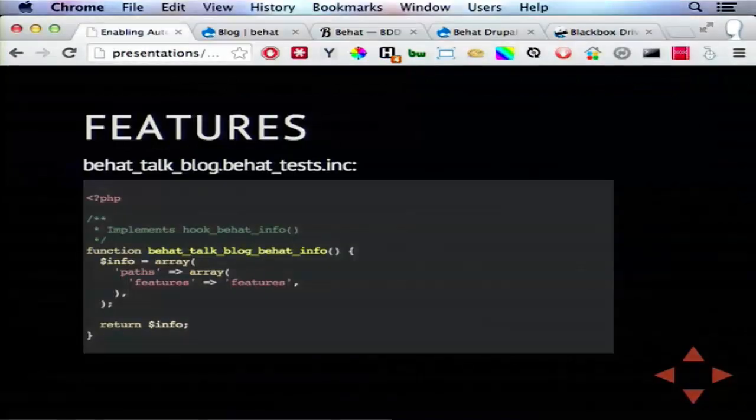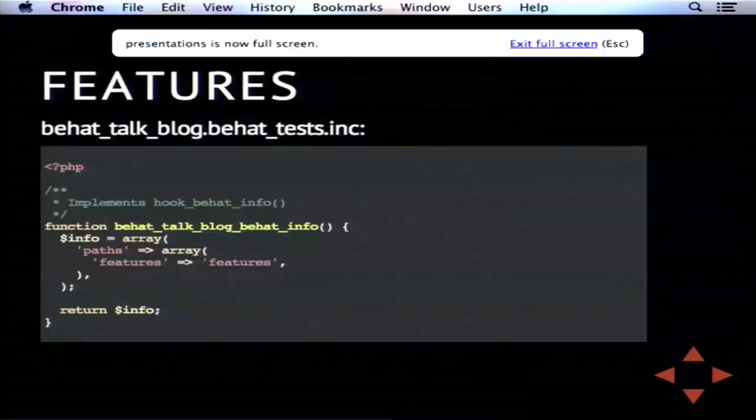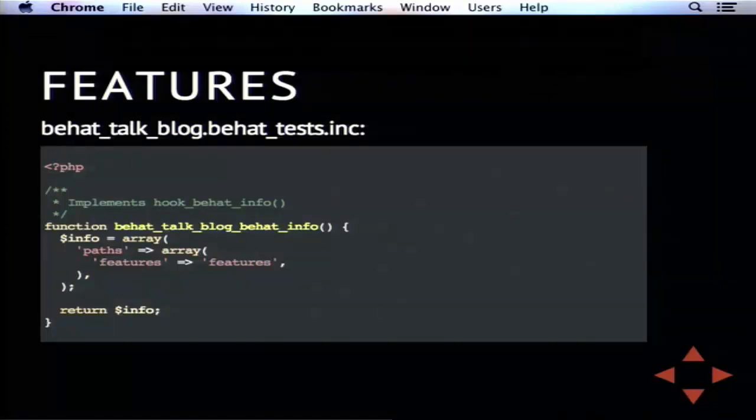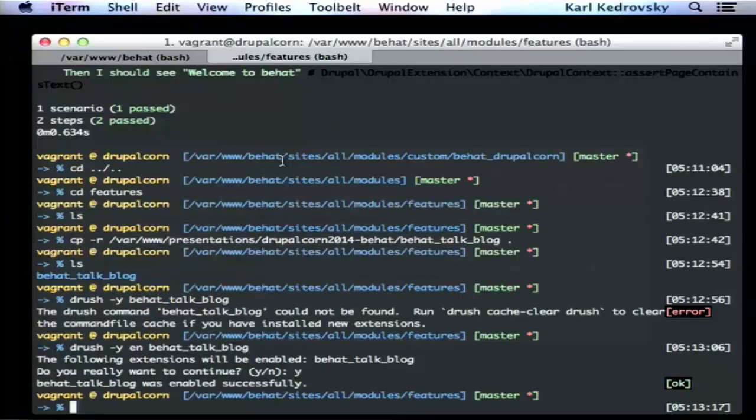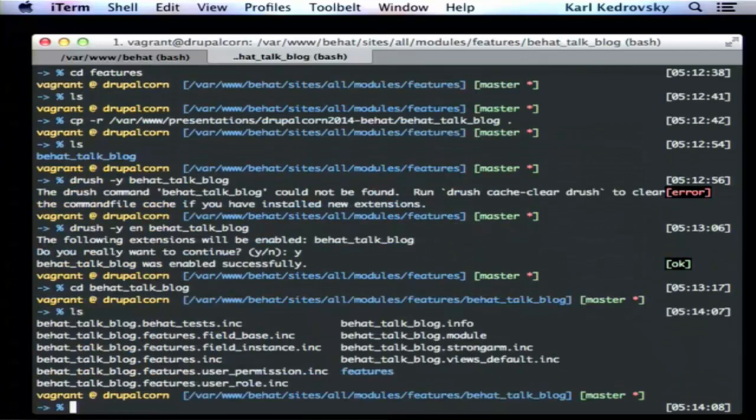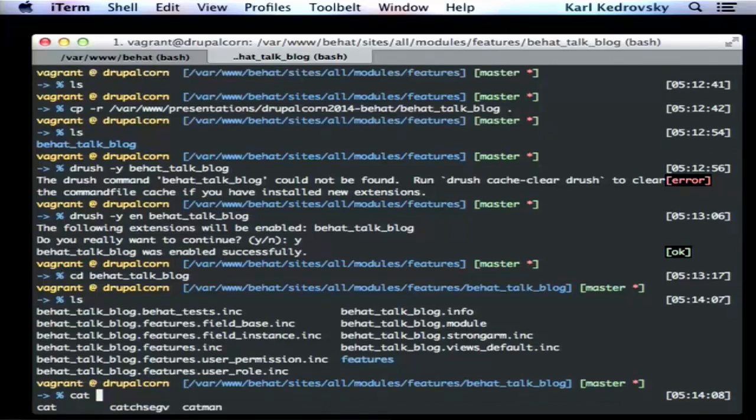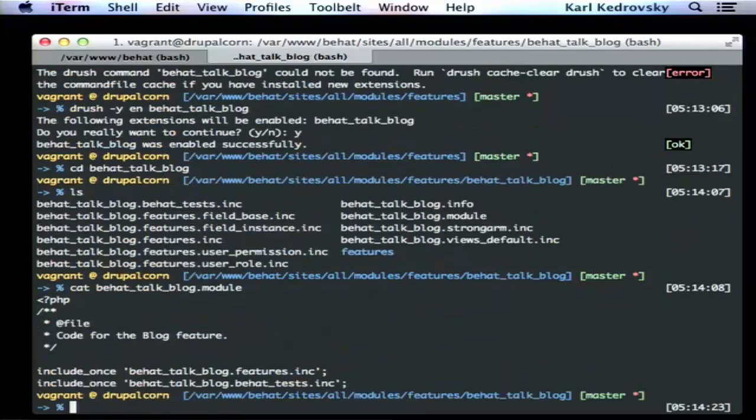Okay, so when we're looking at this, so we want to create a blog. Let's just look at the easiest way, which is to look at this one. The feature creates a whole bunch of include files, right? So the way that a feature is organized, it's pretty simple if you look at the module. This from here up is what the feature had. So all it does is include a bunch of inc files. So I just added one, right? So I added one additional include file to the feature module,